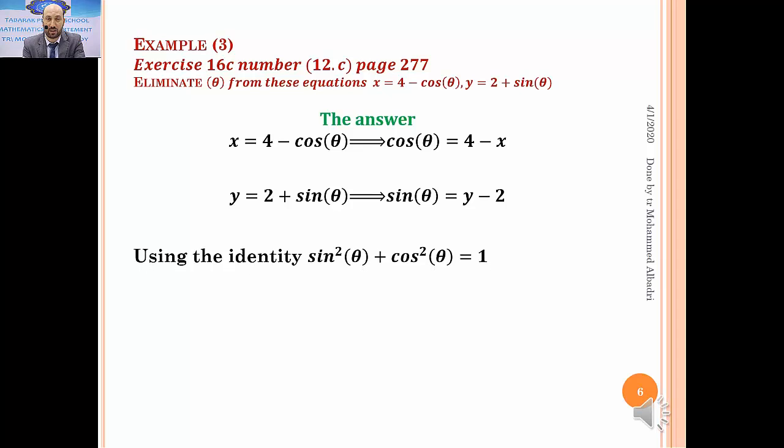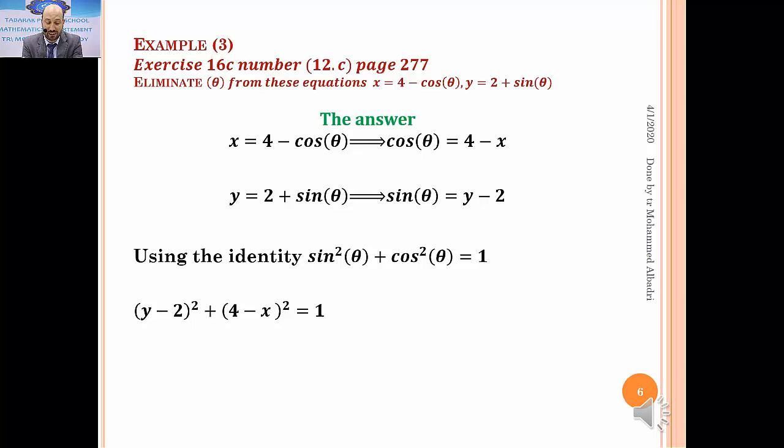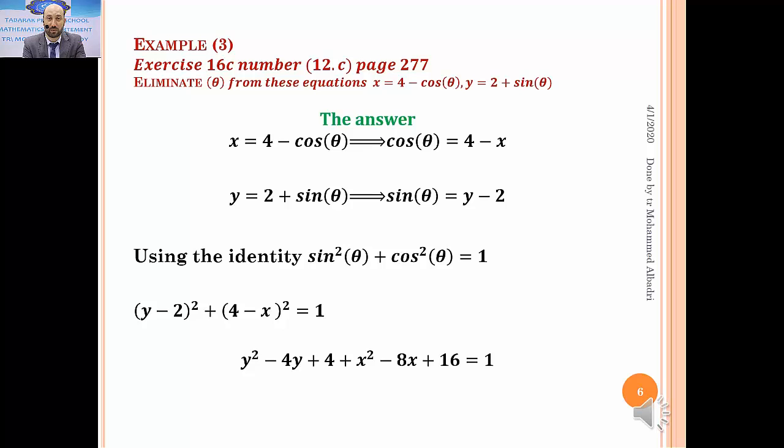Using the identity sine squared theta plus cosine squared theta equals 1, we will have sine squared be (y minus 2) squared, and cosine squared be (4 minus x) squared, equals 1. Here we eliminate theta, but if we want to expand the brackets,